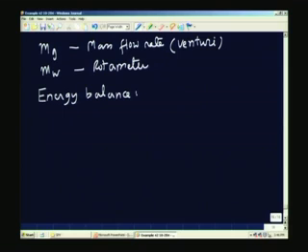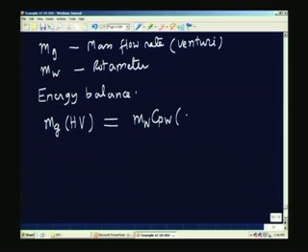I am measuring all the temperatures at entry and exit for both the streams. So, we will say the mass of the gas which is being burnt, multiplied by the heating value, must be equal to the mass of the water multiplied by Cp for water multiplied by Tw at exit minus Tw at entry, this is for the water,